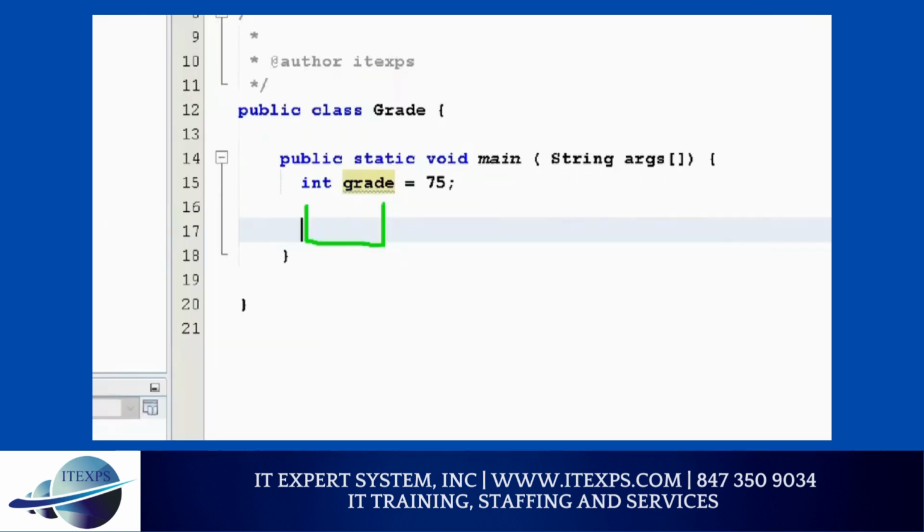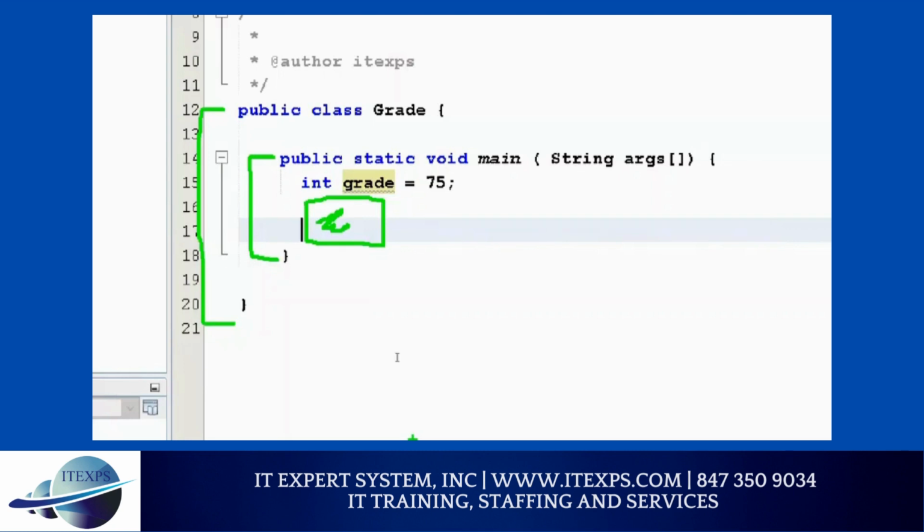I did not remove the curly bracket for main and I did not remove the curly bracket for class. I just highlight and delete that portion. Make sense? Okay, so now I'm going to write conditions. I'm going to go a little slow. I'll write a couple of conditions and the rest you will write, so that way you can understand it.